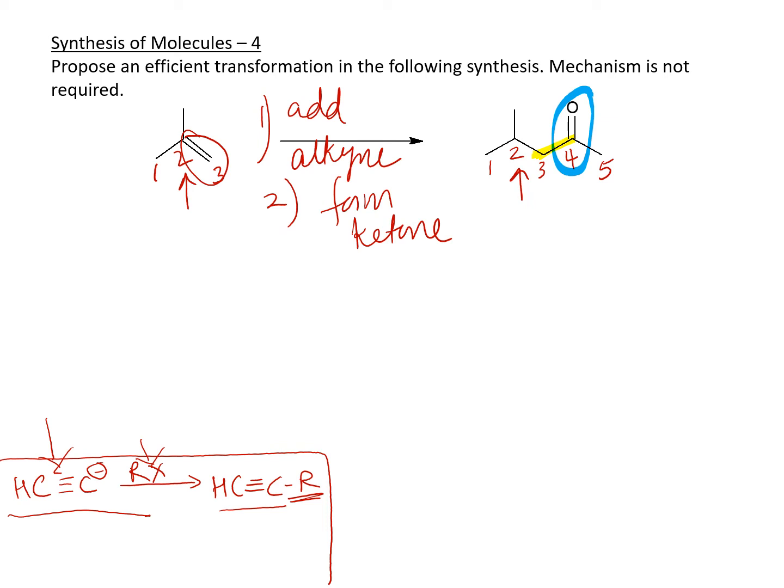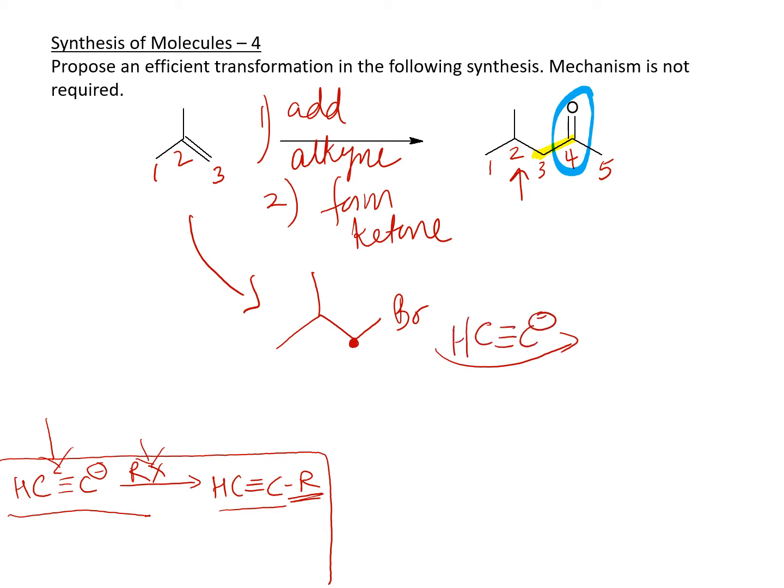So this I have to convert to an alkyl halide, and the alkyl halide I need is going to be this, because I need the bond to form between this carbon and the alkyne. So this is what I need. Let me erase this arrow so it doesn't confuse us. And then from this one I'm going to add an alkynide ion to this one. Once I have added this, I should get